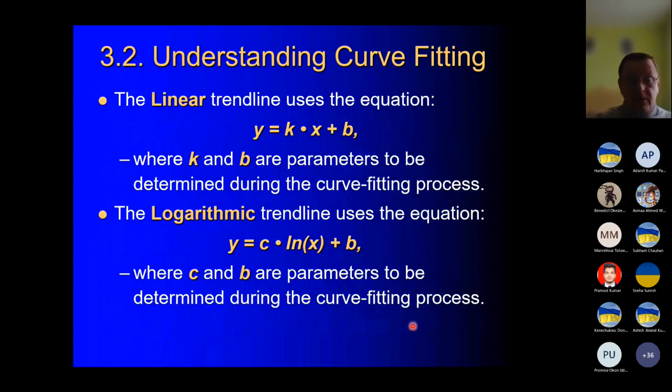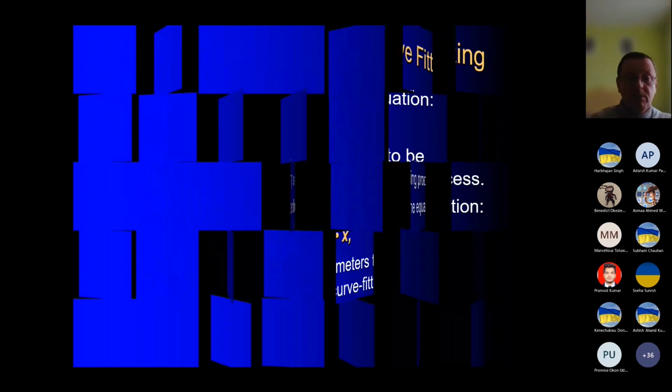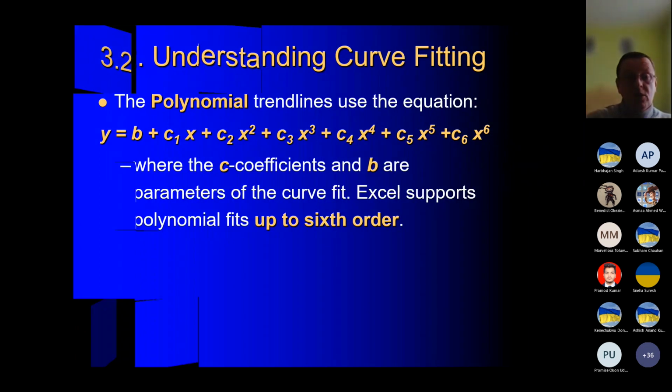Then I have to remind you about the most common mathematical models, which include the linear equation and the logarithmic equation, as you learned in school in math classes, the power and exponential formulas, and the polynomial, which includes an equation like this one and could have multiple stages. Here there are 6 powers, it's not a limitation, it's just this example. So in fact,